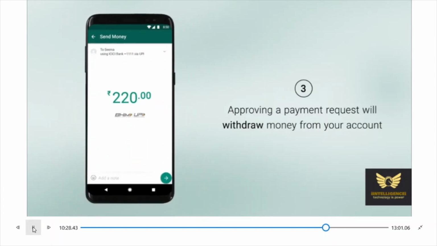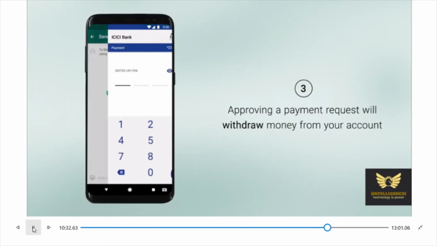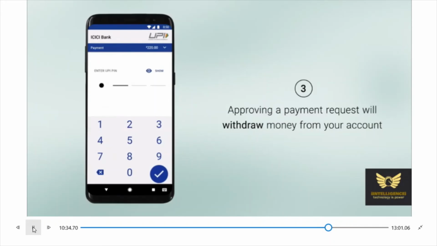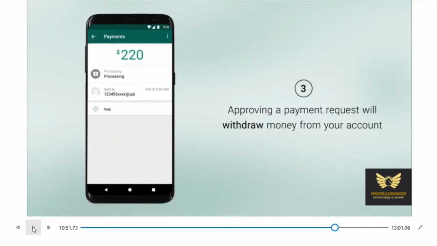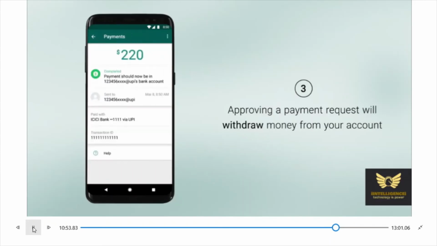Suppose in case if you accept, by entering the UPI PIN, payment to the concerned person will be completed and the amount will be deducted from your account.